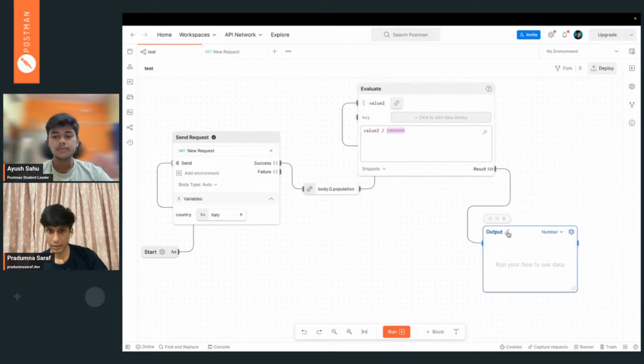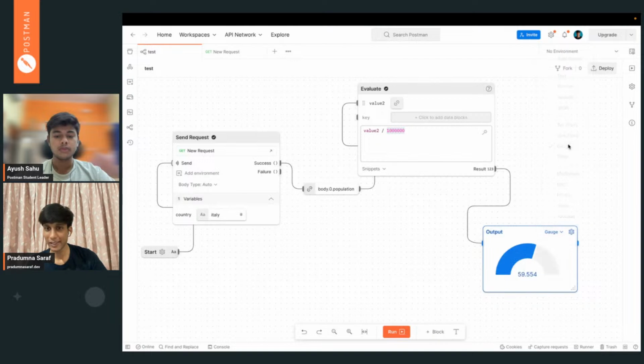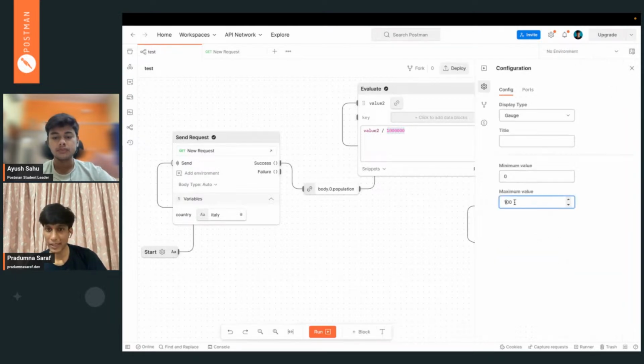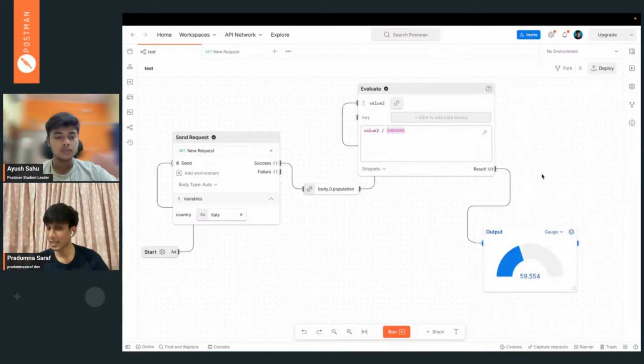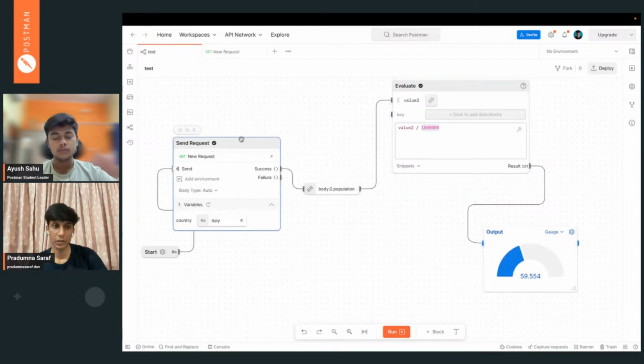So yep, you can see now the data is in crores. So what we will do, do the similar thing, like set up the gauge, and this time let's set up the gauge for 150 crores. The reason I am setting 150 is because China has a maximum population of 140 crores, so it makes sense to have something near the figure of the largest population. So that's why I chose 150 crores as the threshold, or maximum value, for that.